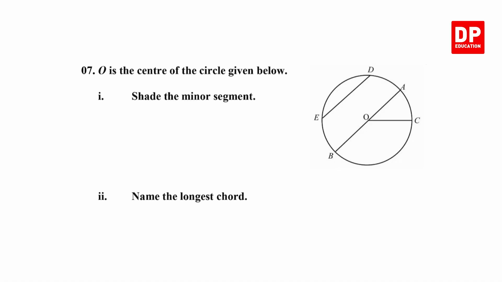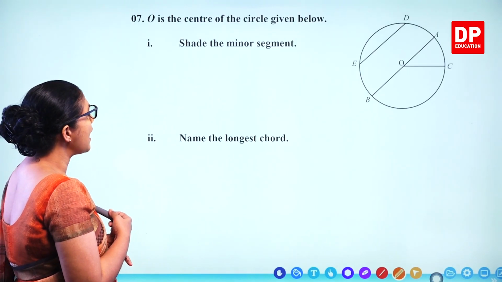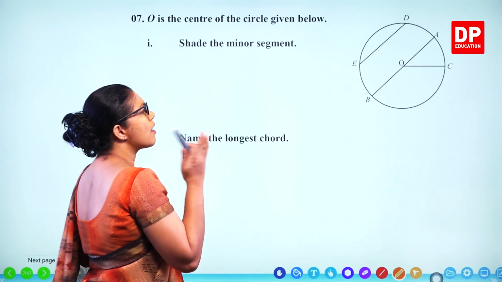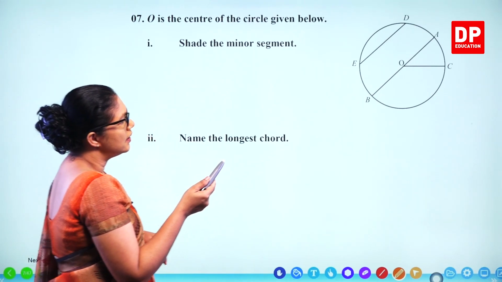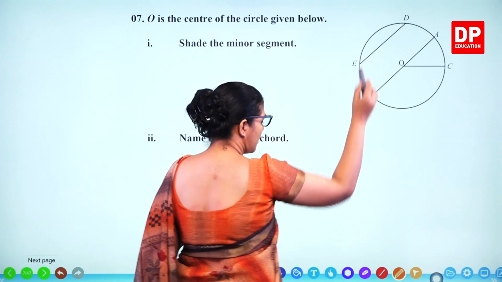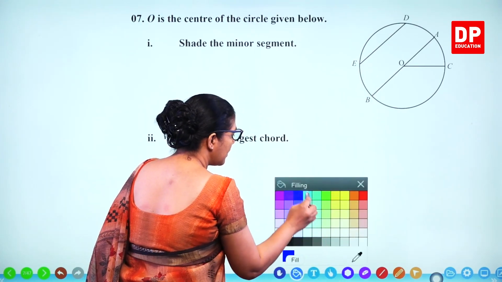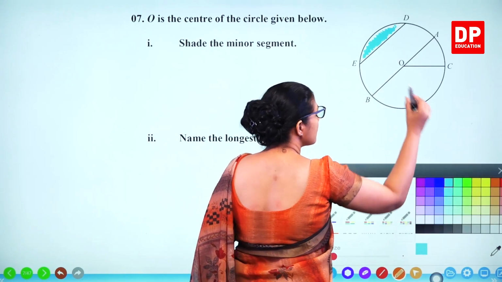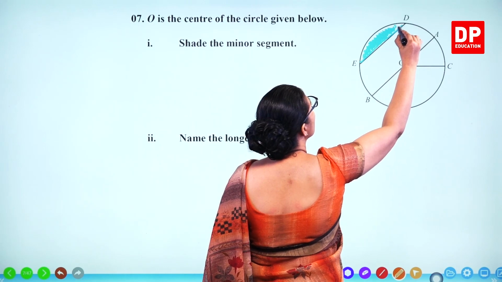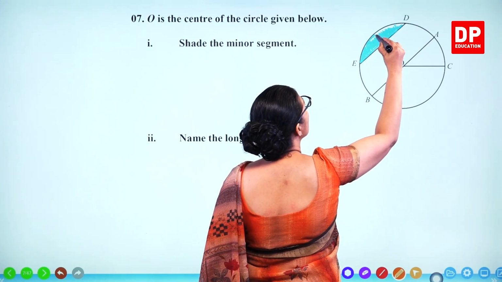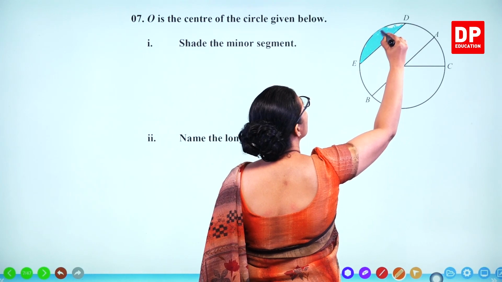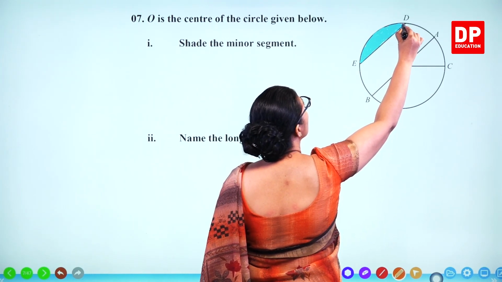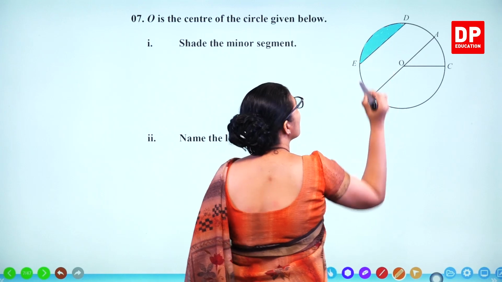Question number 7. O is the center of the circle given below. Shade the minor segment. Segment is bounded by a chord and the arc. So we can shade this one. So we'll take the color and shade this one. So this part is the